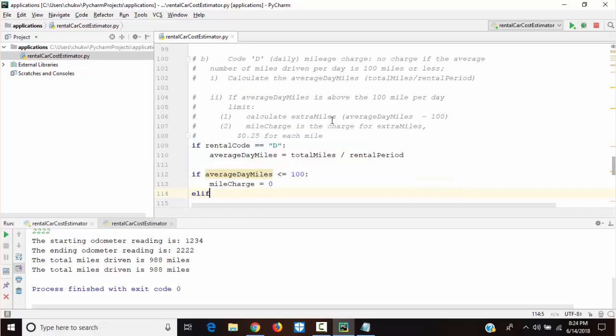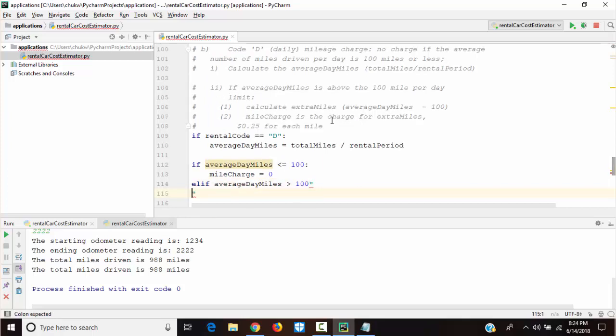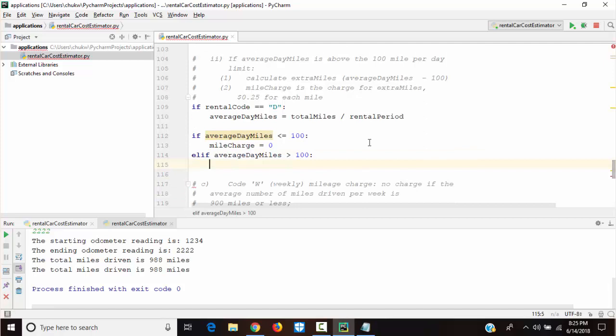Elif average day miles greater than 100, then calculate extra miles. Extra miles is equal to average day miles minus 100.